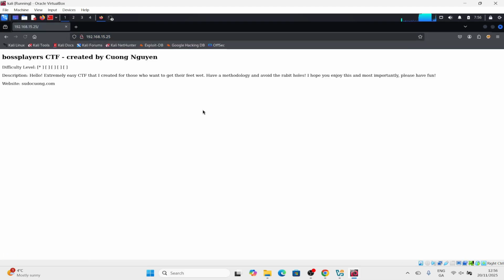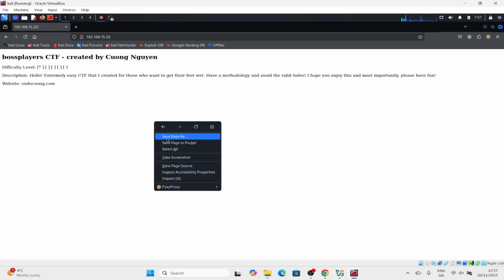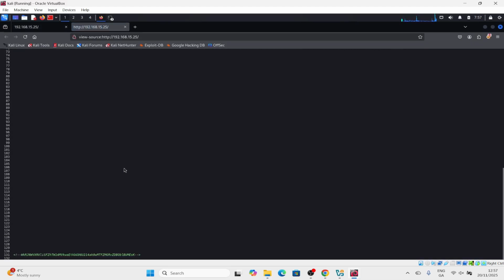Now by using the browser you will check by using the IP address what is inside this machine, and the description is there, the website name is there, and some other information is available. So we will check the source code, and in the last you can see there is one code. So we will try to use this code,